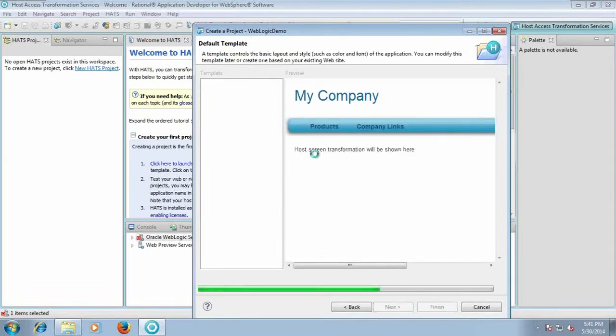It will build your workspace. It will take a couple of minutes to build your workspace and create your HATS project.